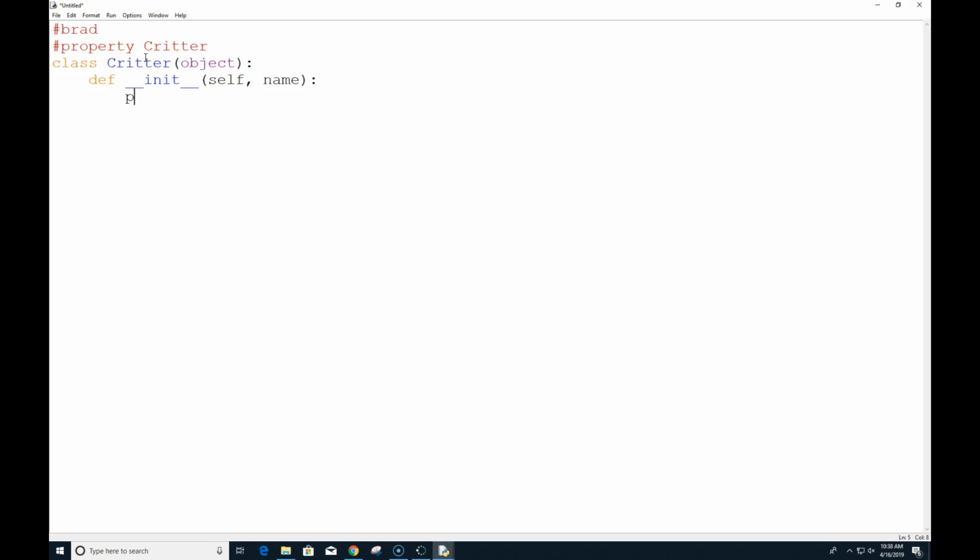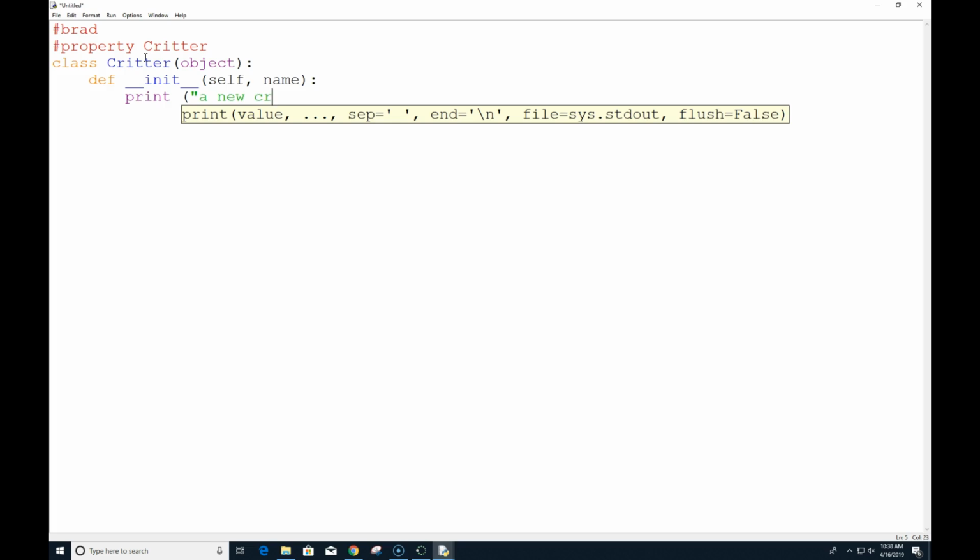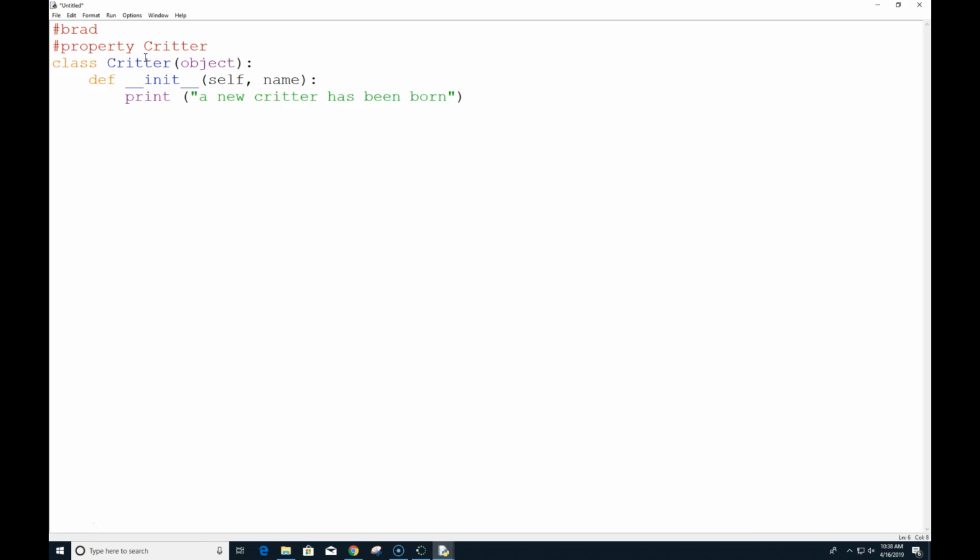And we're going to say print a new critter has been born. So nothing unusual yet. Now this looks a little different. It looks like we're putting the name as a private value. So we're going to put the name as a separate value.